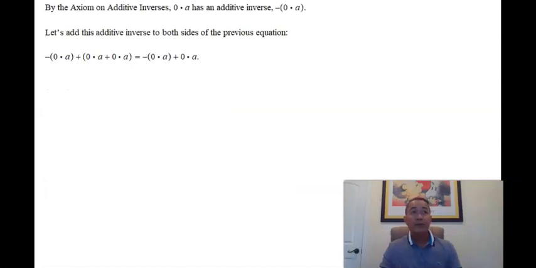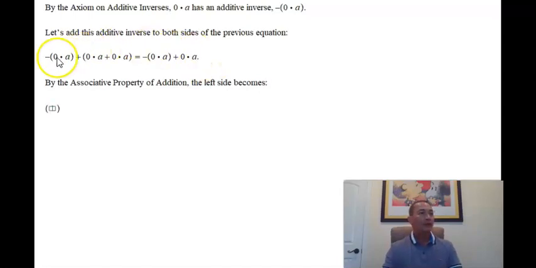So notice that there are 3 things that we are adding on the left side of the equation. What axiom contained 3 things? Well, there were several of them. But here, we have 2 additions. So why don't we use the associative property of addition? By the associative property of addition, the left side becomes,